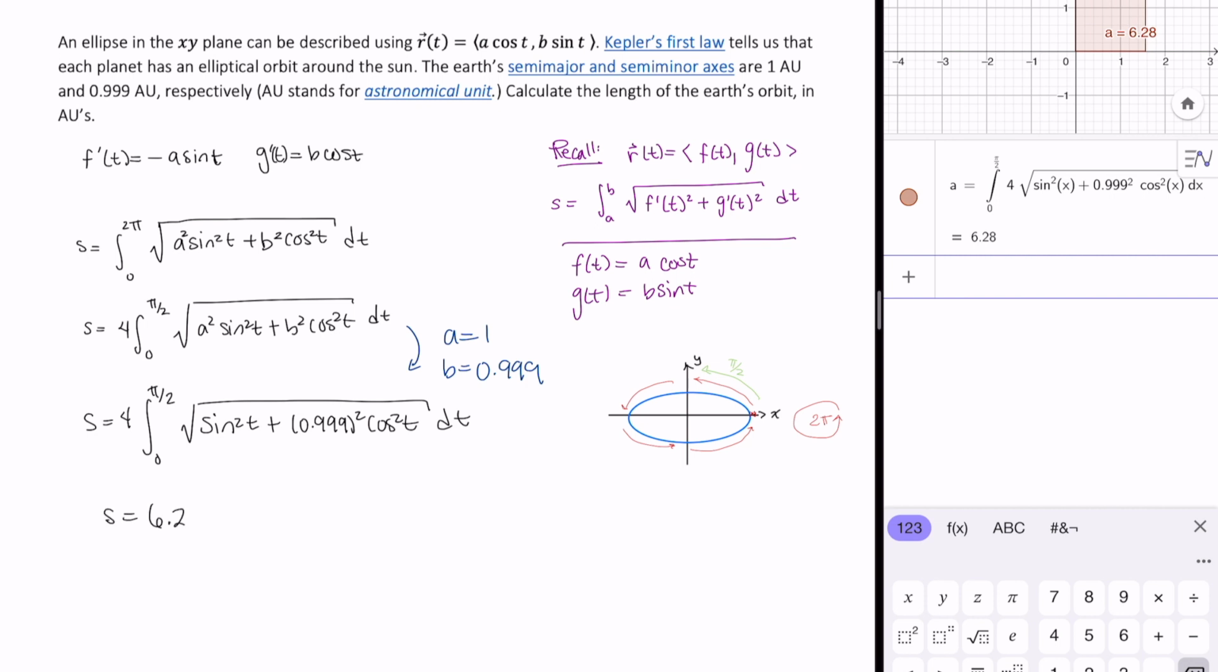All right. So the arc length is 6.28. So what does that tell us? The Earth's orbit about the sun